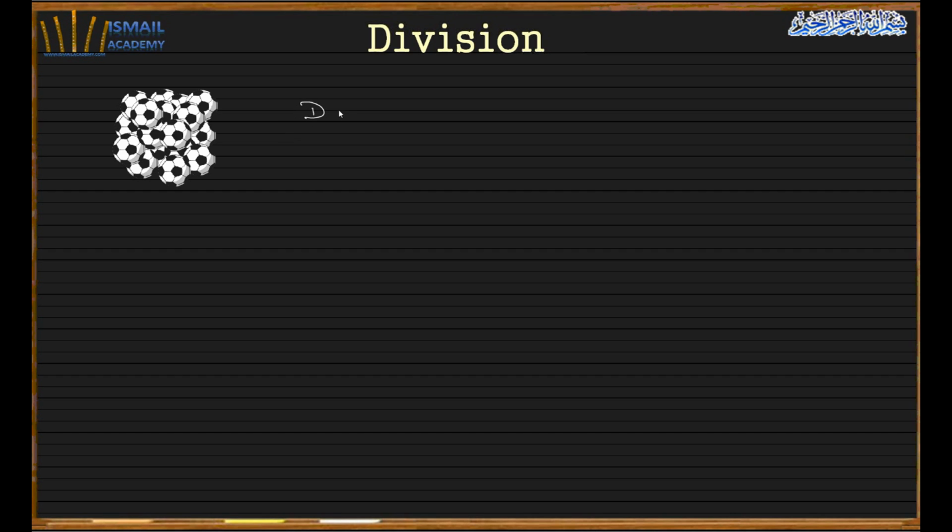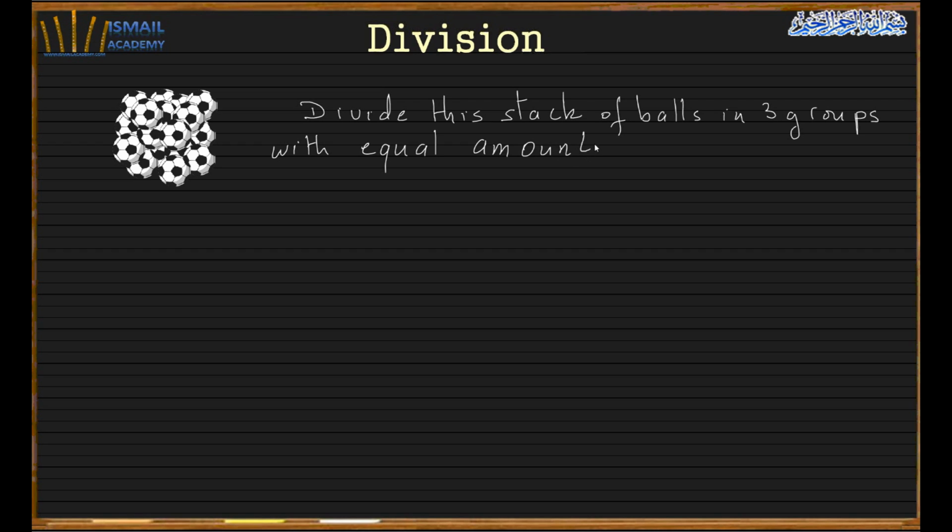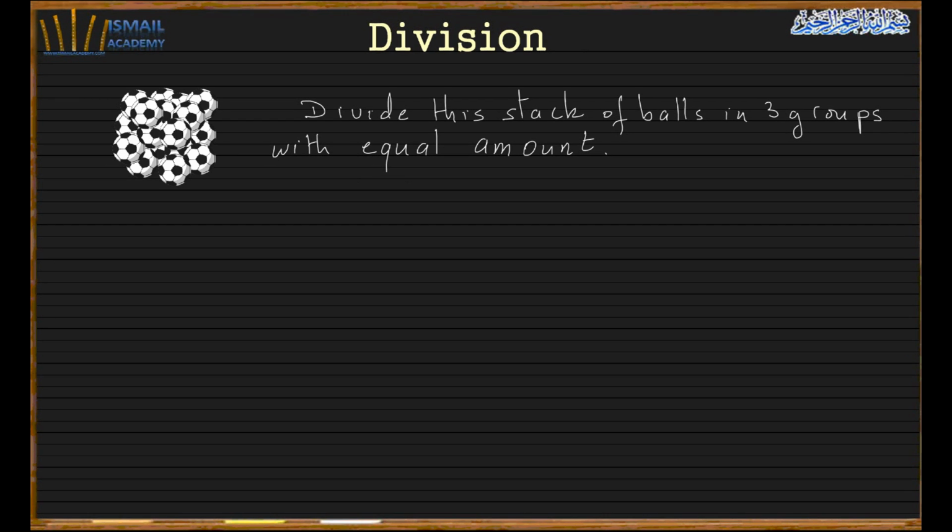So divide this stack of balls into 3 groups with equal amount. So how are we going to do this? Here I have a problem. The problem here is I don't know how many balls I have here, and I need to divide this stack